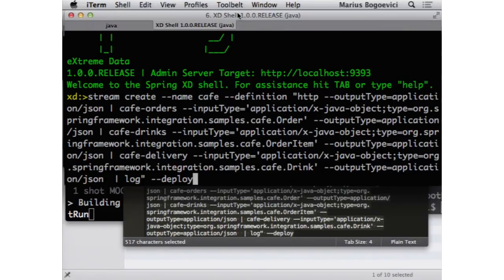I'm doing the same for drinks. I'm doing the same for delivery, and then I'm sending it to the log. Why do I go through this whole serialization, deserialization process, you might ask? Well, you can see if you try to do it without serializing and deserializing, what happens is